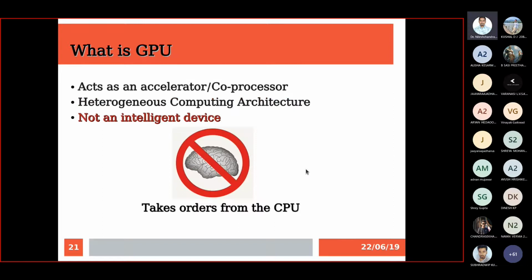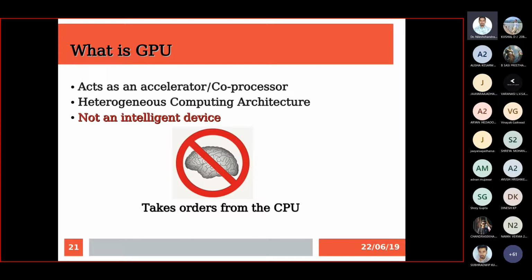Next, it is not an intelligent device. Again, I'm not saying that GPUs are very dumb, but not intelligent in the sense that it takes orders from the CPU. Whatever computations the GPU is going to perform, as a programmer, we have to give those instructions from the CPU side: take this, send data to the GPU, provide some instructions on how to execute in parallel.